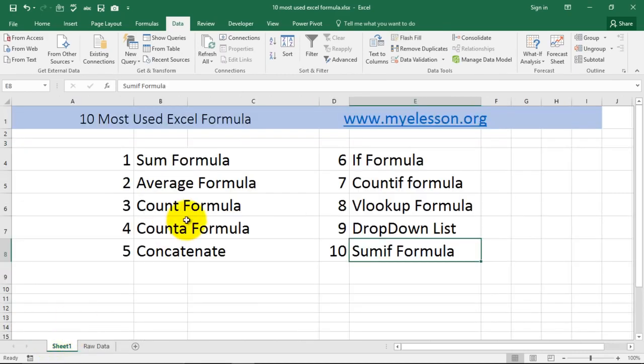So guys, today we covered 10 most used formulas in Excel,